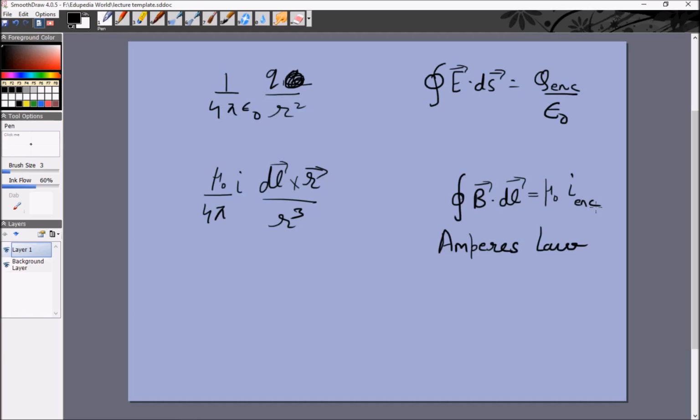One more thing before that, there is one exception to Ampere's law. This is only valid if electric field through the loop is constant. Every case you'll study right now, for them this will hold true, that electric field through the loop will be